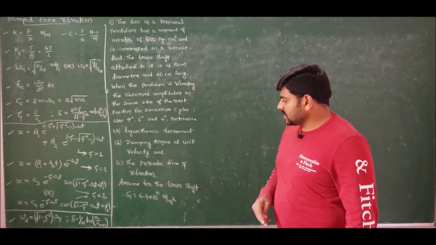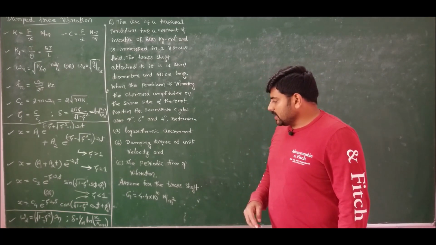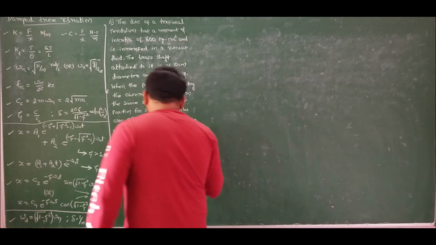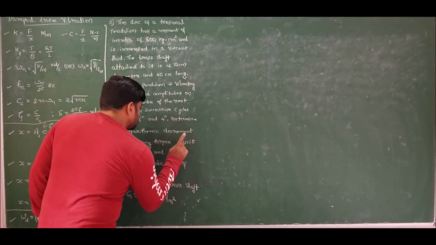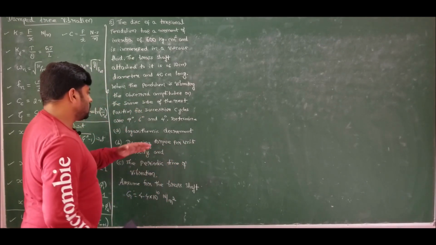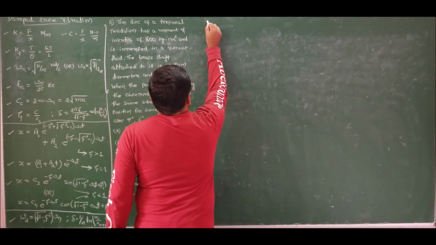Assume for the brass shaft modulus of rigidity G as 4.4 into 10 to the power of 10 Newton per meter square. This is damping torque per unit velocity. It is not at, it is per unit velocity. Kindly make a change. It is damping torque per unit velocity. Now if I list out the data given for this problem,